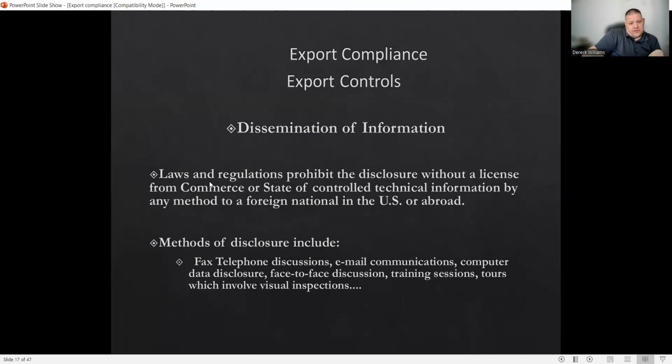Dissemination of information. So laws and regulations prohibit the disclosure without a license from Commerce or State of controlled technology information by any method to a foreign national in the US or abroad. So again, even though they're here, if they are a deemed export, they're not a US person, they are considered a foreign national, they fall into that category. Methods of disclosure again include fax, telephone discussion, email communications, computer data disclosure, face-to-face discussions, training sessions, tours which involve